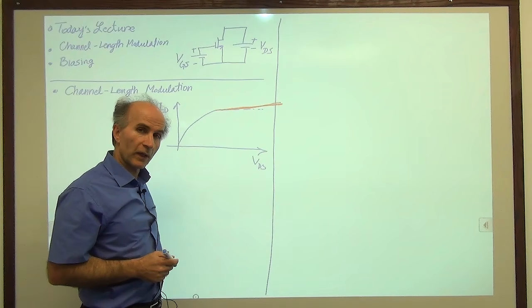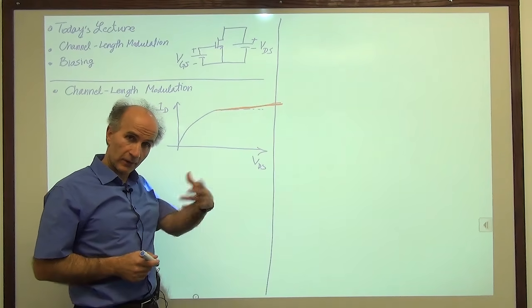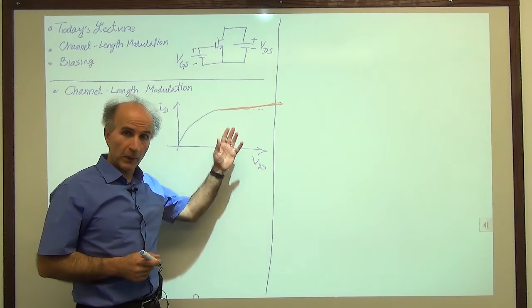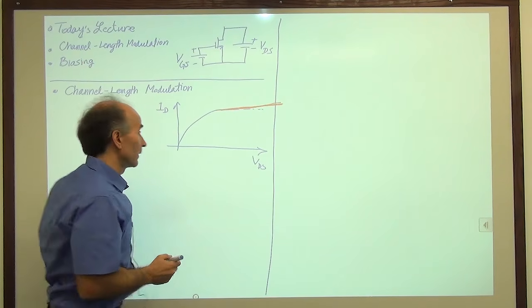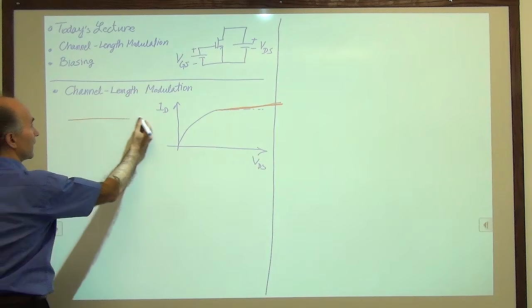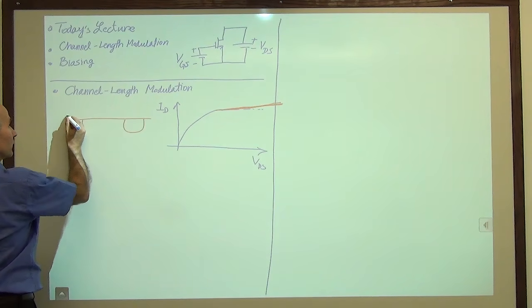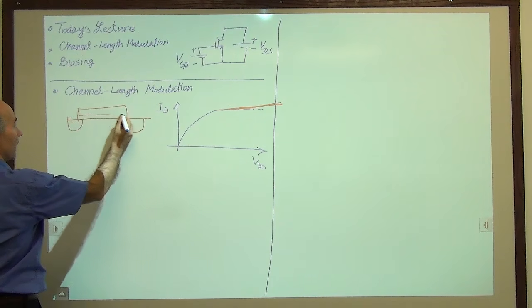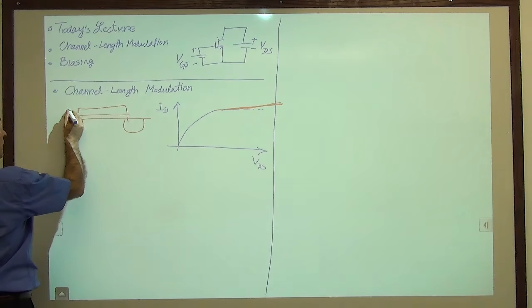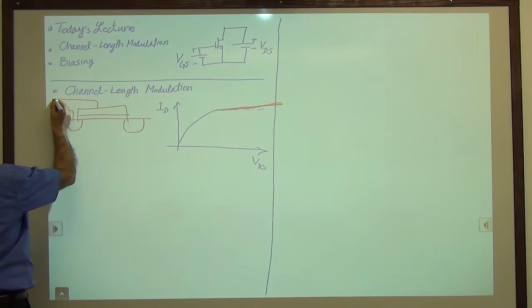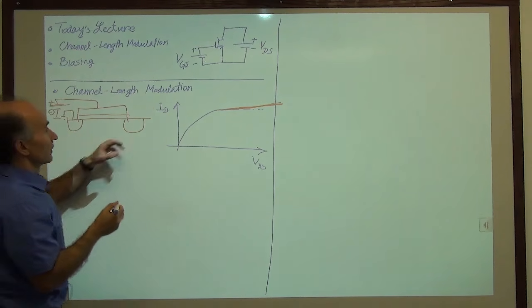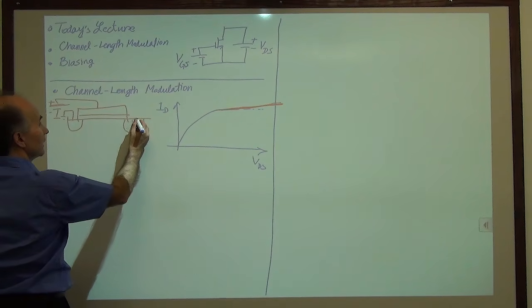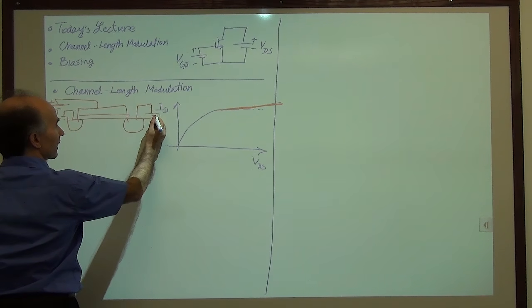So the question is, why does this happen? Well, again, we have to go inside the transistor, see what's going on, and maybe we understand this phenomenon. So let's draw the transistor again, apply our voltages around it, and see what we get. So the source is grounded, the gate is connected to a battery. So this is the setup that we have here. This drain is connected to a battery,